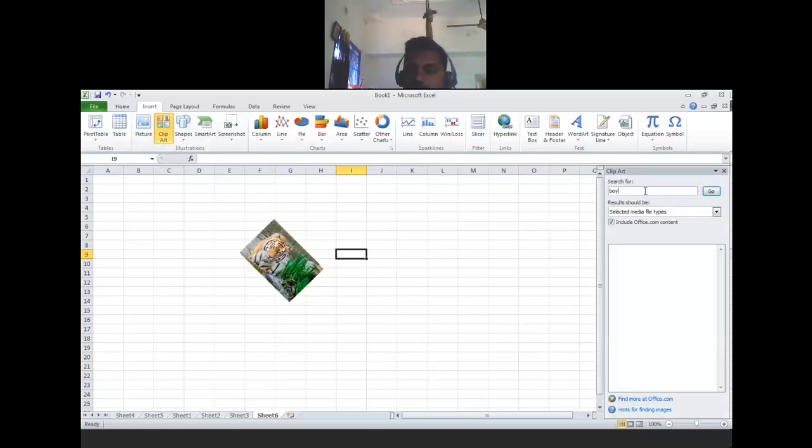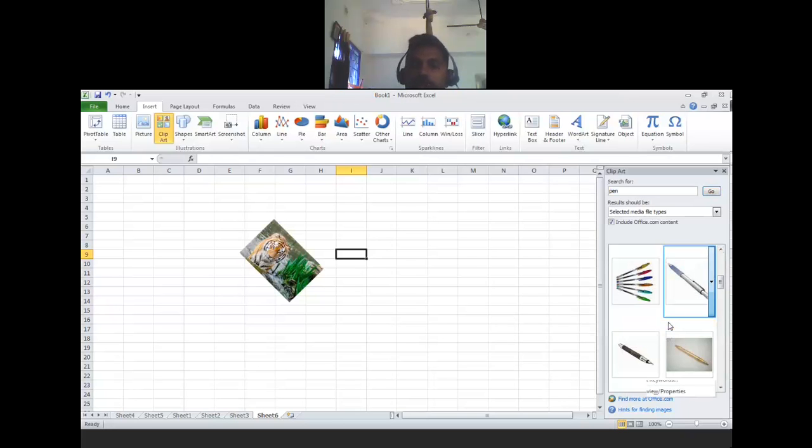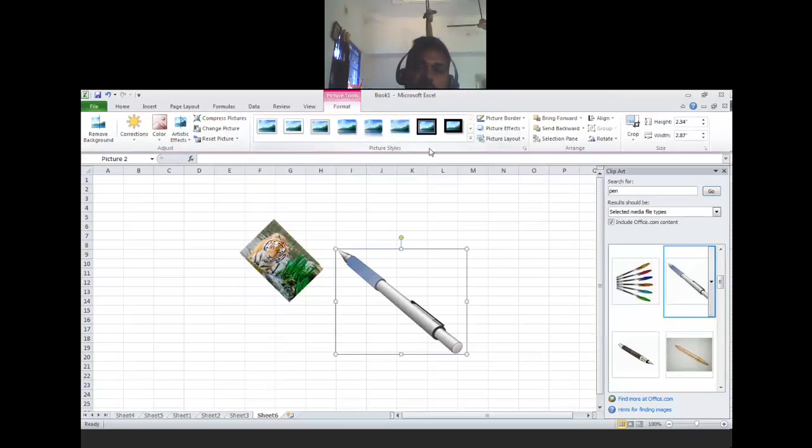Look at the right side, we have some pictures. I'm searching for something: boy, girl, office, flowers, animals, lab items, whatever you want. Okay, now I want to search for a pen. I want to take the pen pictures, so click on pen and search, and you'll get so many pictures. See, so many. Whatever you want, you can search from there and you'll get it. Now I want this picture, click on it and insert. Look at that, the picture gets inserted. After inserting, we can change whatever style. So look at this, very nice, correct.